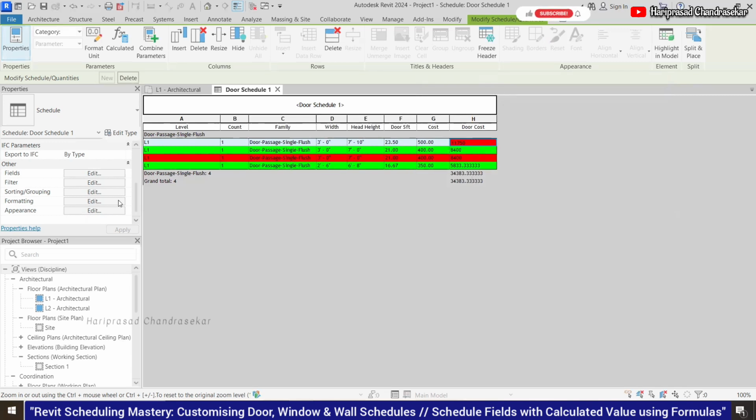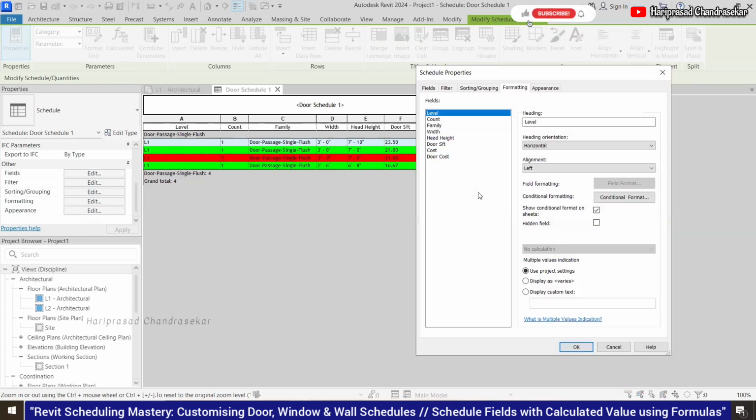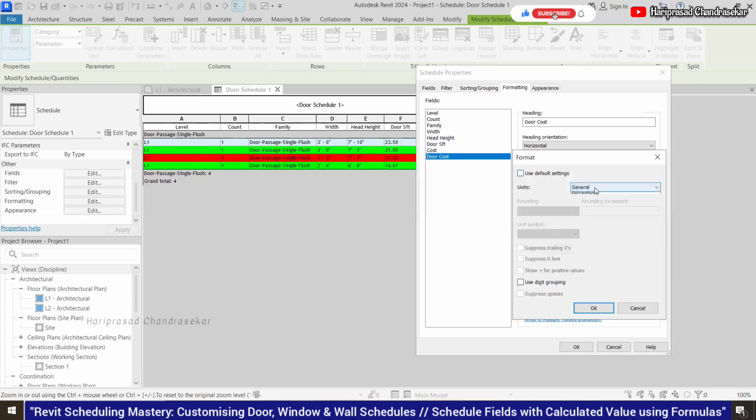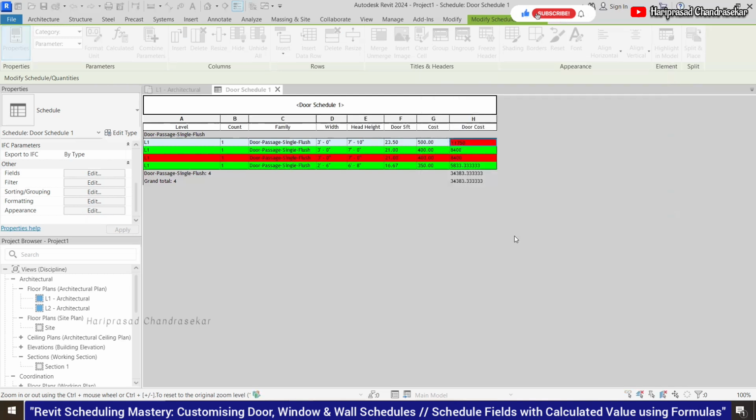Even for the door cost formatting, the door cost field format, you can choose this and then choose currency, and you can also put two decimal places. Unit, I can put any of the available. I will take this so that it shows in dollars.